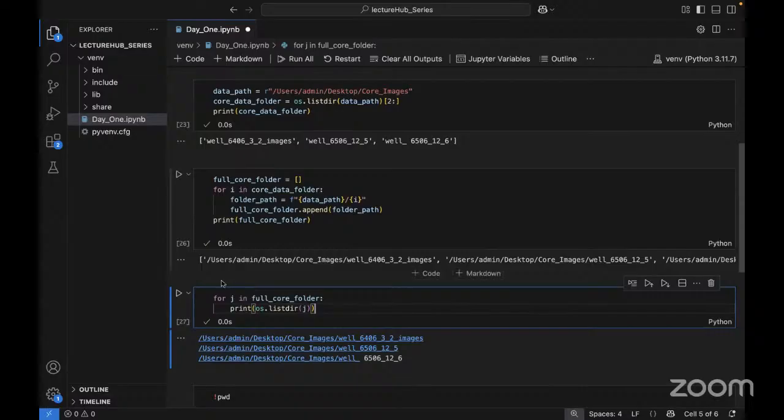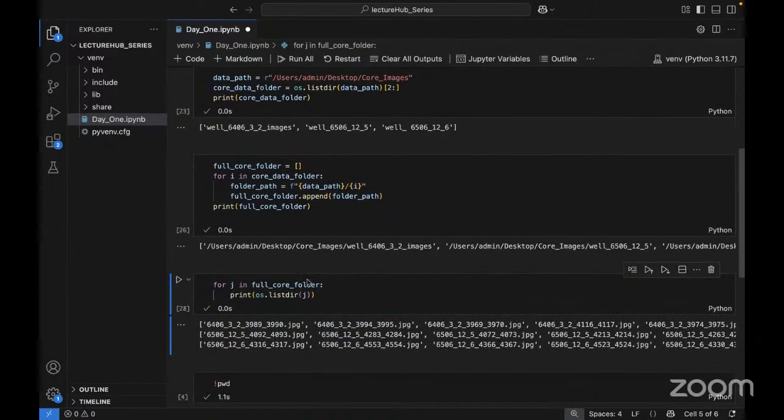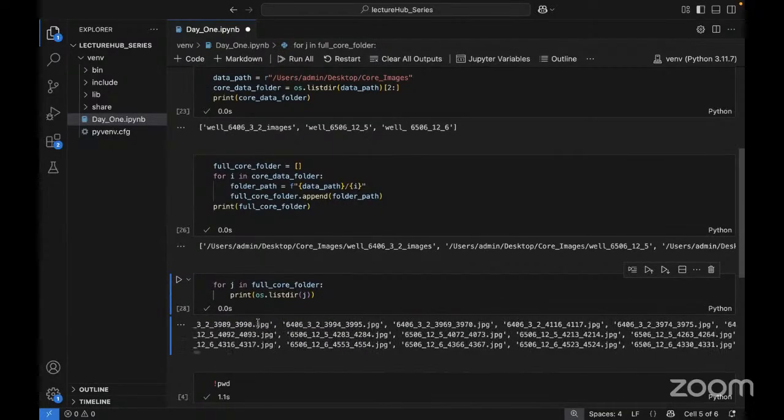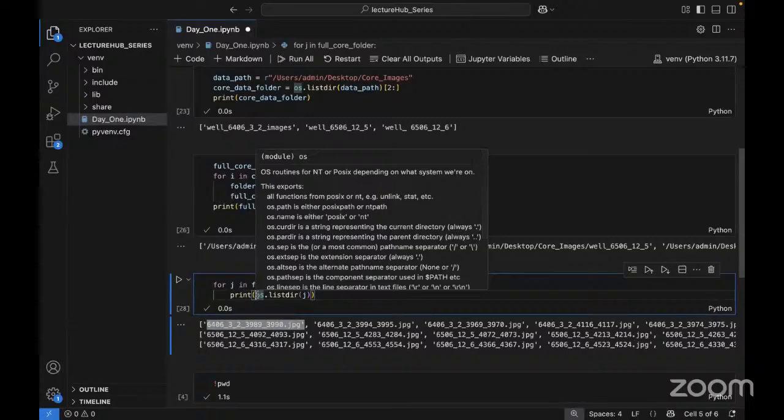What happens here? It's going to come down here and you can see, for the first one, all the files. Look at all the files here in the first one. But this is just the file name. It doesn't make sense on its own. It's just showing you the file name, but you want the full file path. So how do you get the full file path for each of them? Remember, the full folder name has the full file path. So what you're going to do here is basically come down here